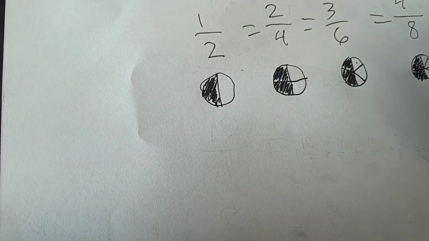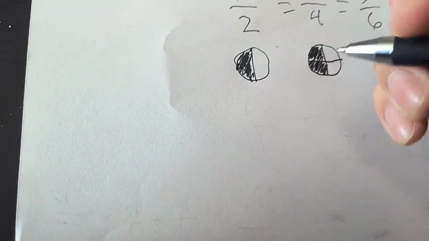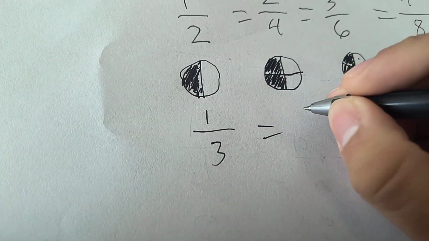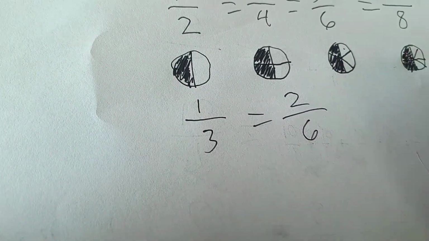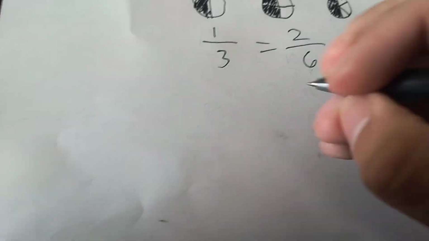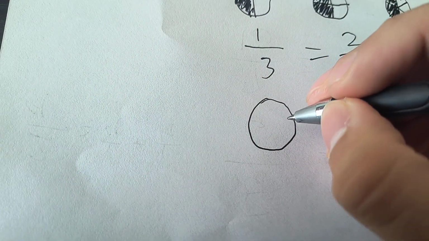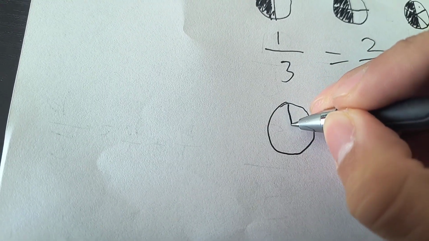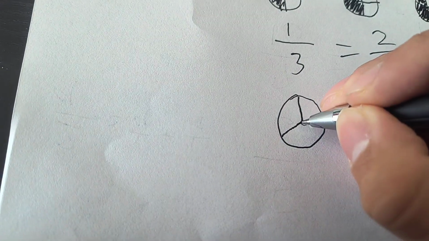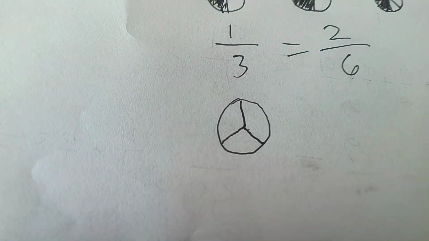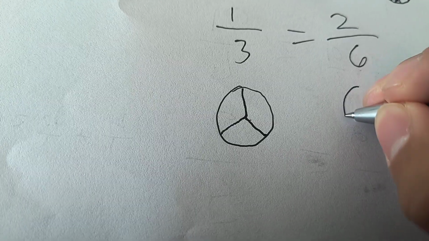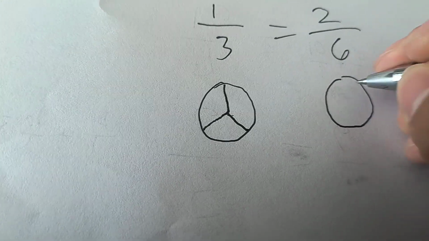Another example of an equivalent fraction could be 1 over 3. That's equal to 2 over 6. Now, how is this equal? Well, if I were to draw a circle, and if I were to split this into 3 equal groups, oh, this is going to be more difficult than I thought. Okay, there we go. 3 equal groups, and then if I were to split this into 6 equal groups,